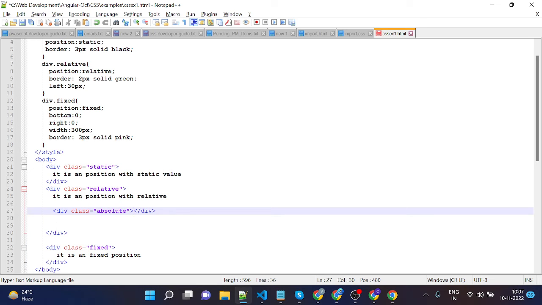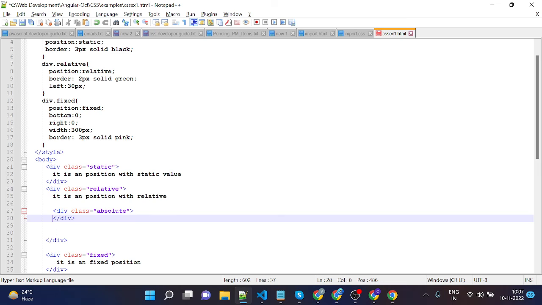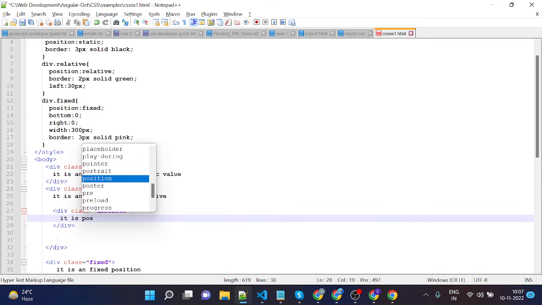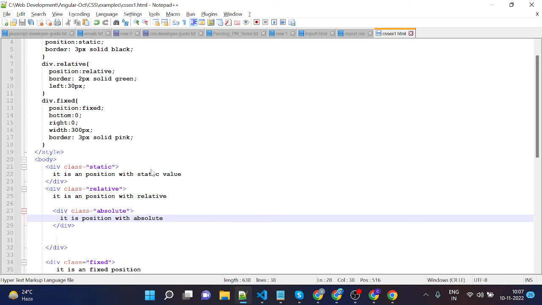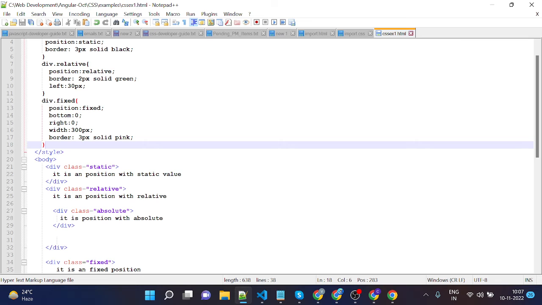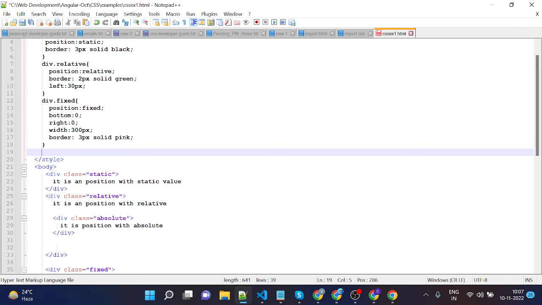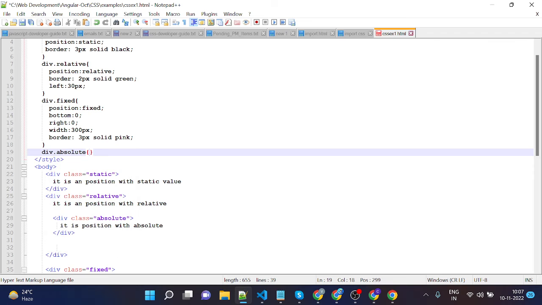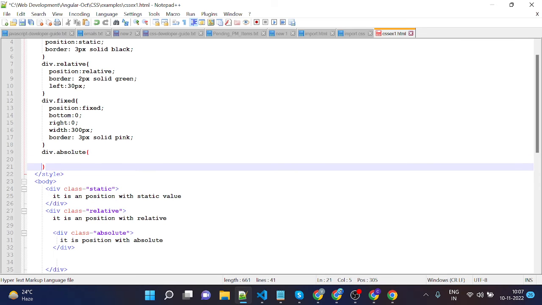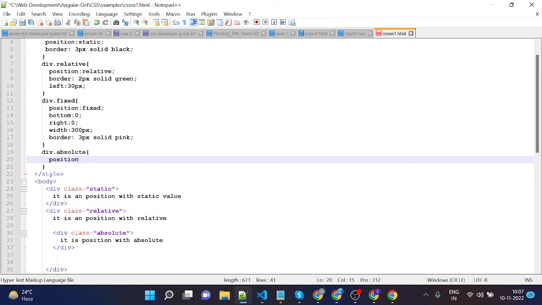And for that, in our CSS, I'm going to put div.absolute, which will have position as absolute,